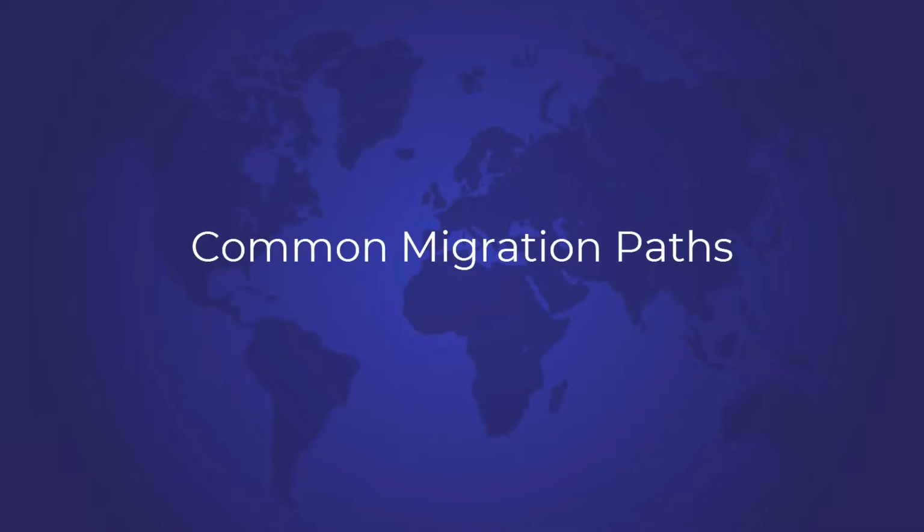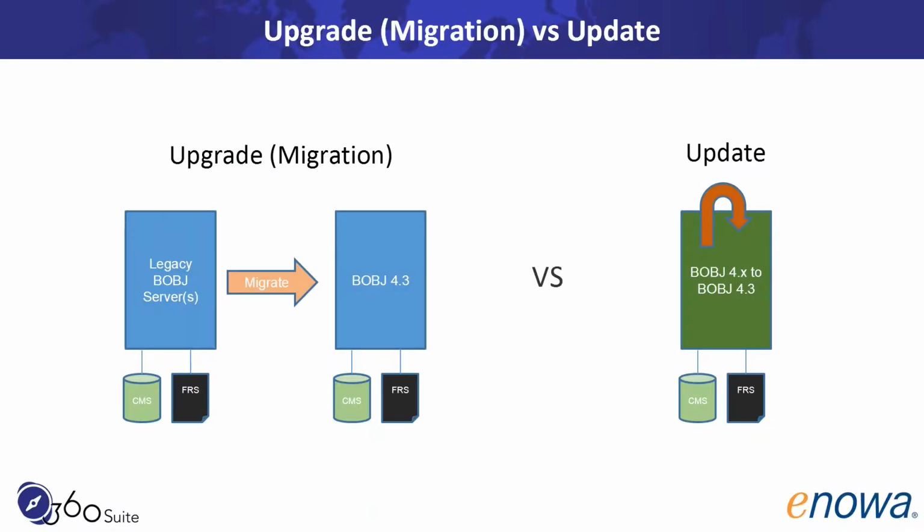All right, well, let's get back to some of the content here. Common migration paths. For those of you that have been involved with a lot of different upgrades or installations, I don't think this is anything really new. But I did want to share, from an education standpoint, what are the two ways that you can get to BusinessObjects 4.3? And the terminology that SAP commonly uses is upgrade, and I added the migration because essentially, when we do an upgrade,